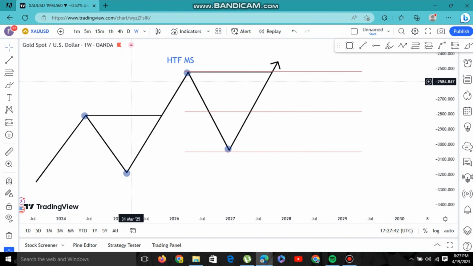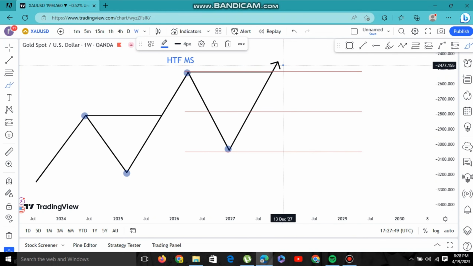But this is the higher time frame, so it's just giving me a narrative. So what narrative do I have here? I expect the market at least to drop below 50%. Just having this in mind, that's a trade on my lower time frame. I won't trade on this higher time frame, but on my lower time frame I already have a trade just by anticipating this move on the higher time frame. So this is my narrative. I think the market would want to come back below and then we can shoot up,